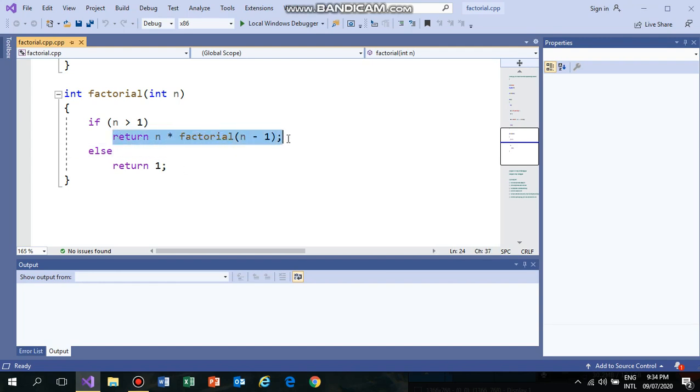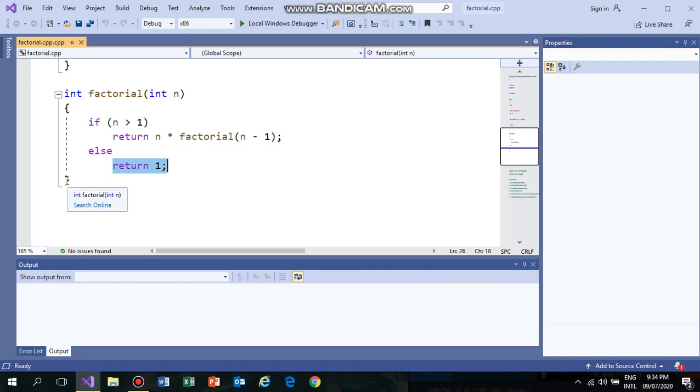That is the return and the factorial. The result will be stored by the same function, and it will multiply by n minus 1 itself, else return 1. So it means it will return the value 1.